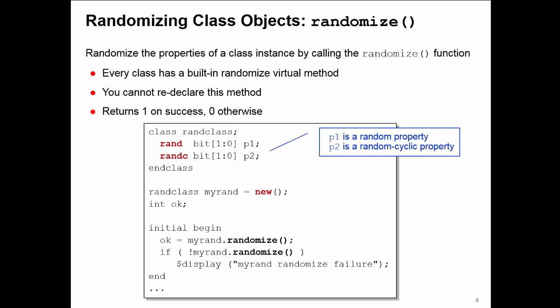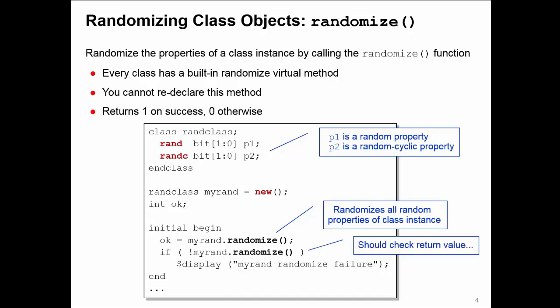So here I have my class, rand class, with P1 being a rand property and P2 randc. I create an instance of rand class in the handle myRand, and I call the randomize method of myRand to randomize P1 and P2. Now you should probably get into the habit of checking the result of the randomize call. Here we feed it into an if statement. It doesn't necessarily give you an error message when the randomization fails, but if it does fail, you probably want